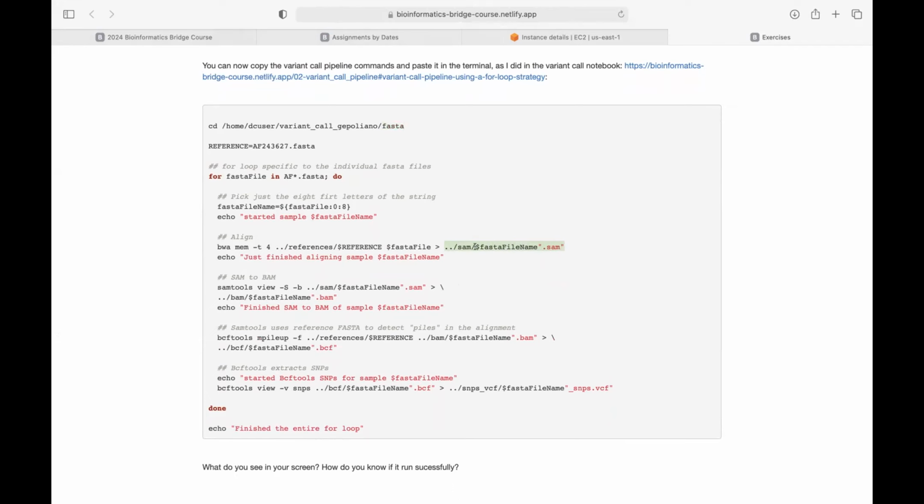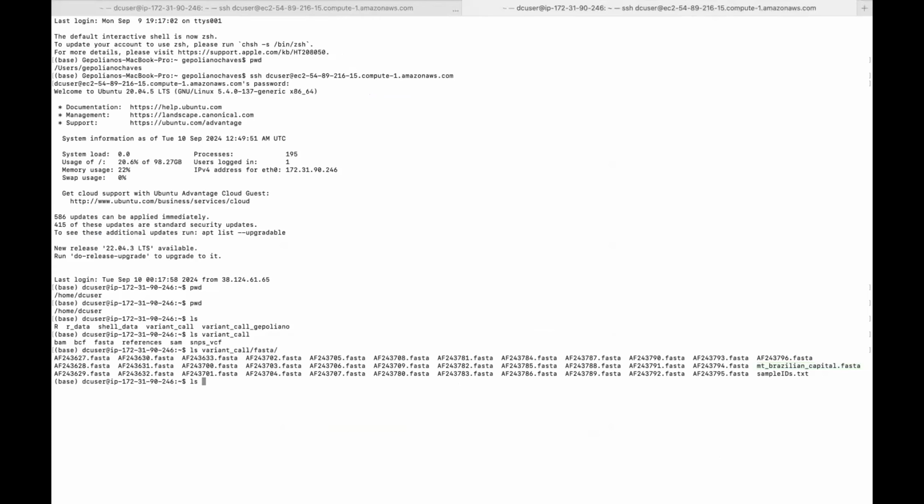So the SAM folder, I can ls. So .. means something that is above the current directory. The current directory is the FASTA directory. You can see that. So here in this line that I'm highlighting, I am inside the... No, I'm not inside. I'm lying actually. That's why I have to do pwd all the time. I am still inside DC user, right? So if I ls,